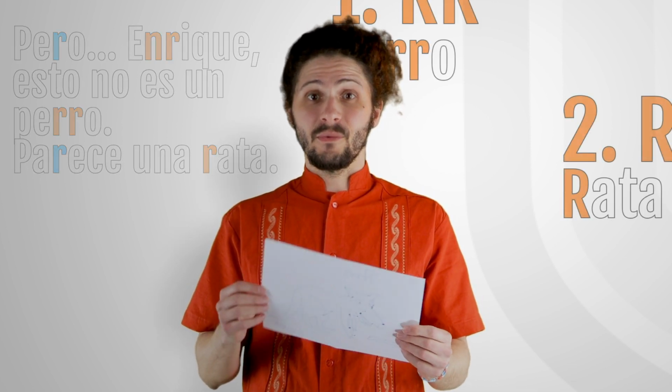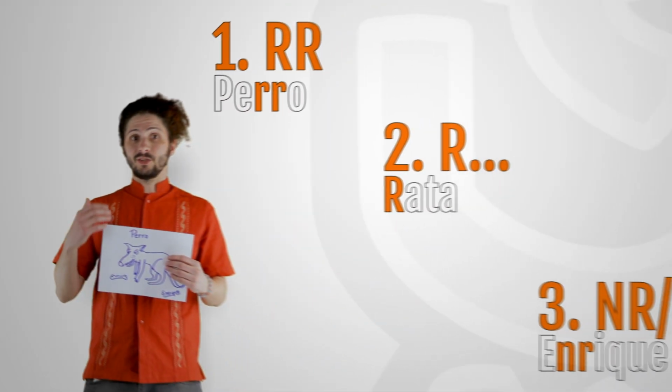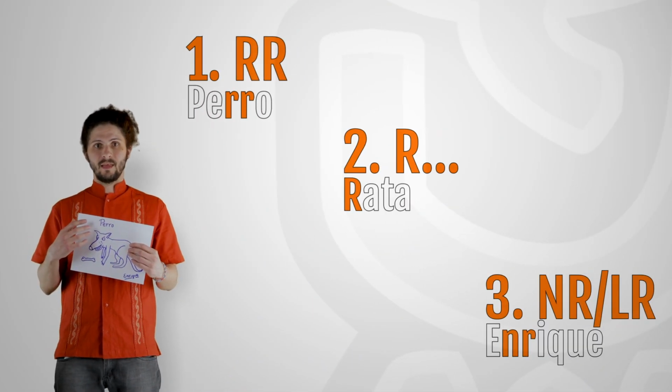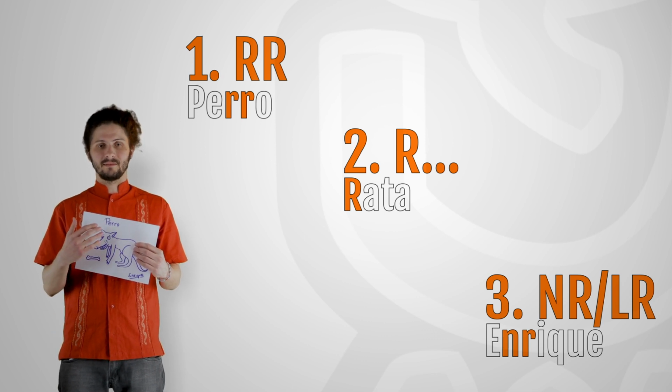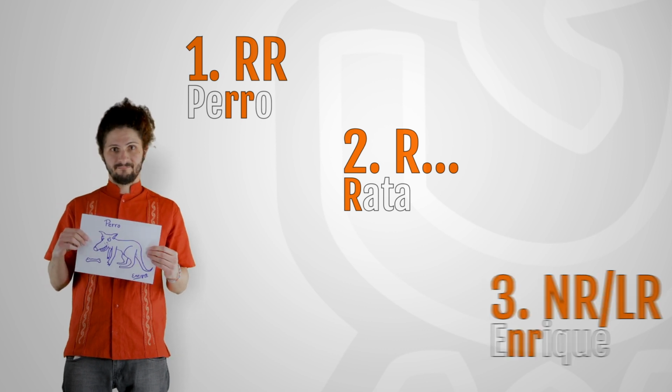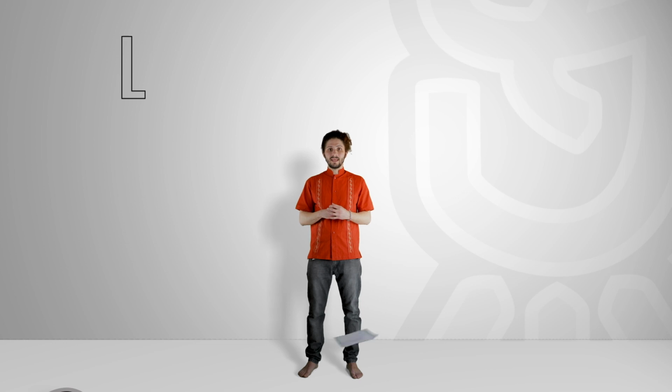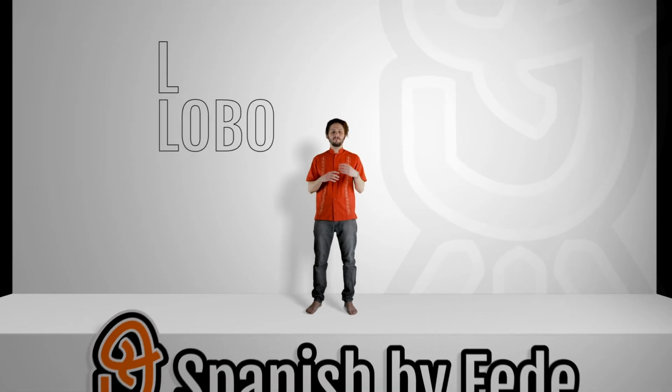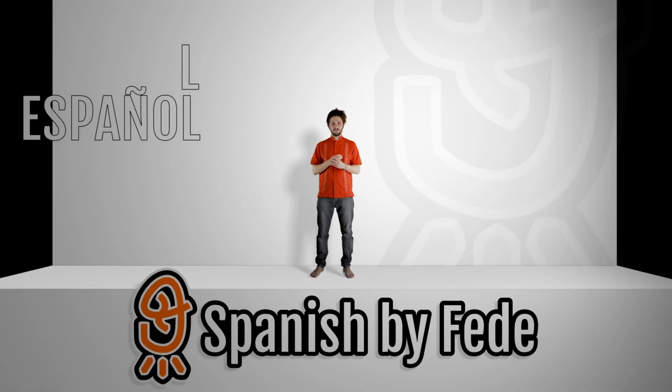Here we have the 3 cases of rolling R. Doubled in perro, at the beginning in rata, after N or L in Enrique. The letter L is pronounced this way when it's alone. It doesn't matter its position in the word. Lobo, flor, español. But when we have 2 L's together, the pronunciation changes, and it has in most regions exactly the same sound that the letter Y,